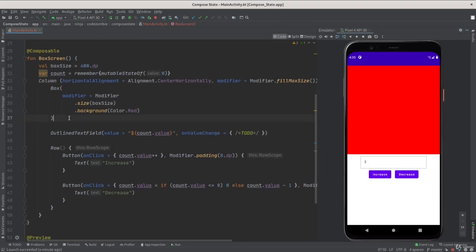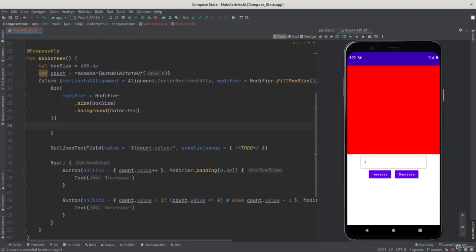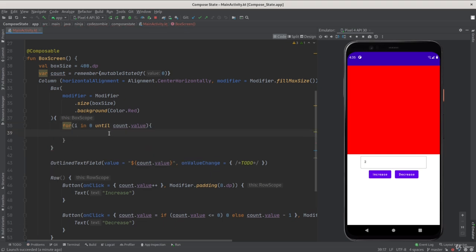So inside the body of the parent box, I'm gonna have a for loop that will iterate over the number of our count and then create children in 0 until count dot value. A beautiful Kotlin for loop that will go from 0 until count dot value, not including the value itself. For example, if we have 2, it will go from 0 to 1. So I create a child box here